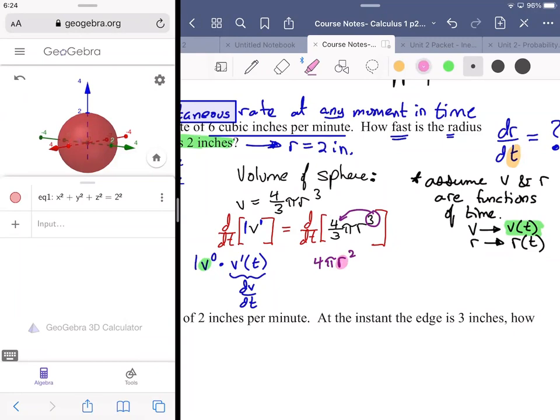The derivative of r can be thought of as r prime of t. Could also be thought of as dr dt. Right? Do we have to write it both ways? No. However,